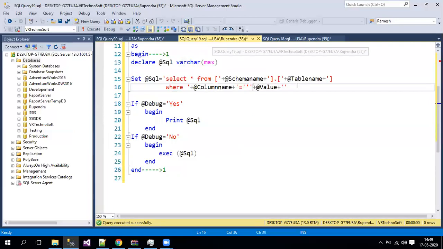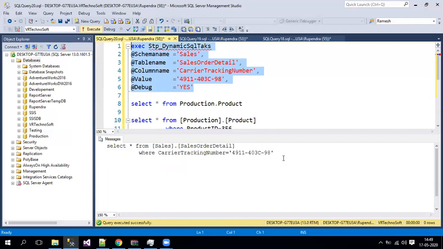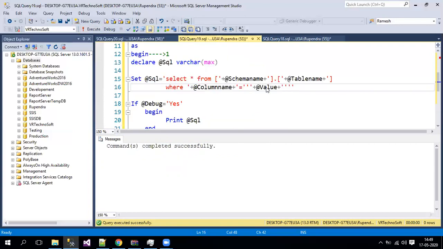Okay, I'll just add one more quote here and we'll see. Yeah, now it is coming. I'm thinking that as it is a variable, it definitely requires two times single quotes, then only it will give the result.